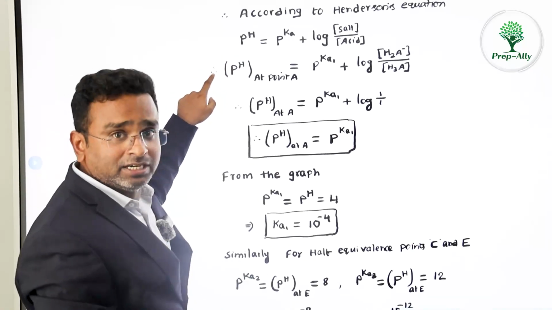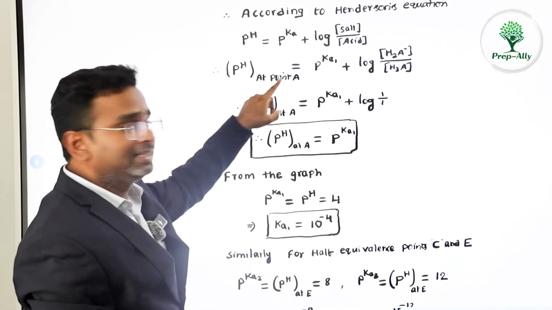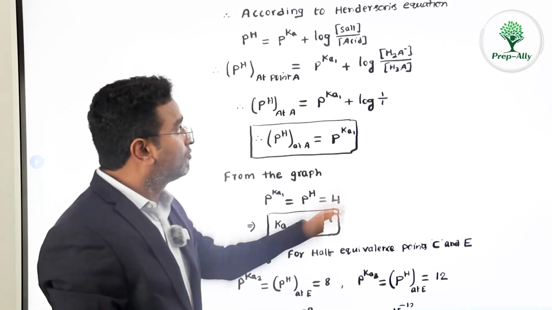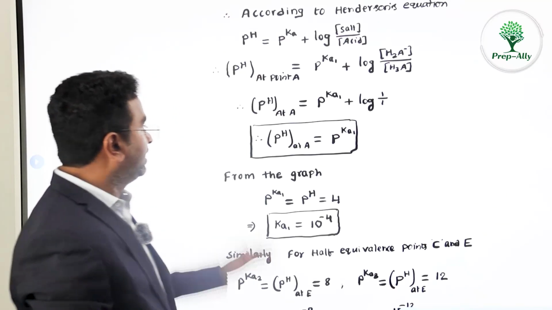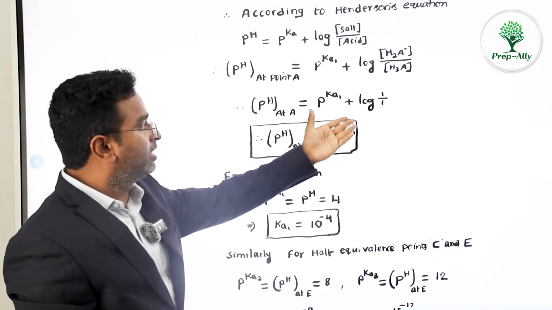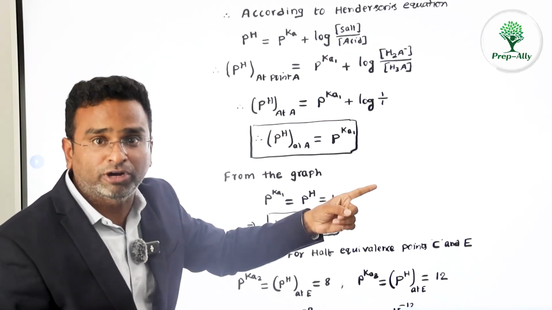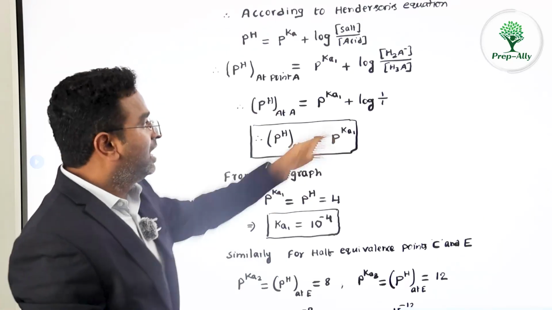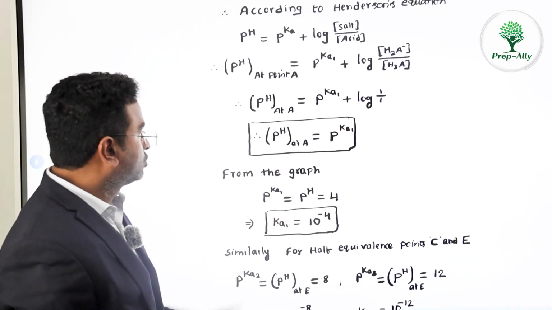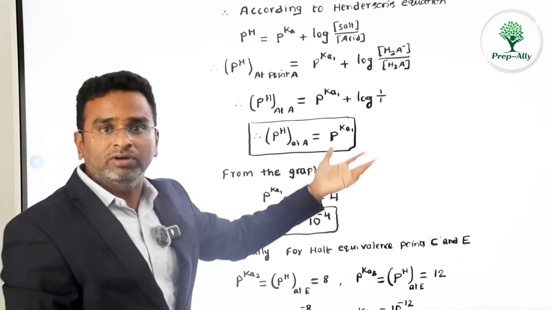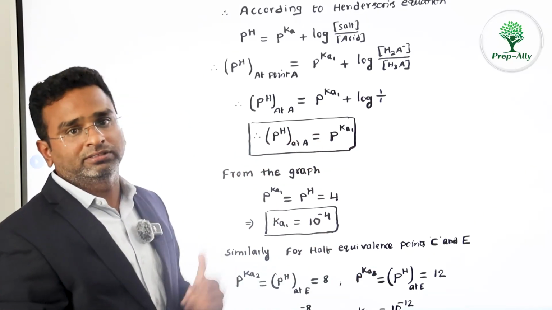So now let us consider the pH of the solution at point A, that is equal to pKa1 plus log of H2A minus divided by H3A. And then pH at A is equal to pKa1 plus log of, we know H2A minus formed from that first reaction at half equivalence point is 1 milliequivalent. And here also I am taking 1 milliequivalent of acid left as unreacted. So finally log 1 will become 0. So pH at A is equal to pKa1.